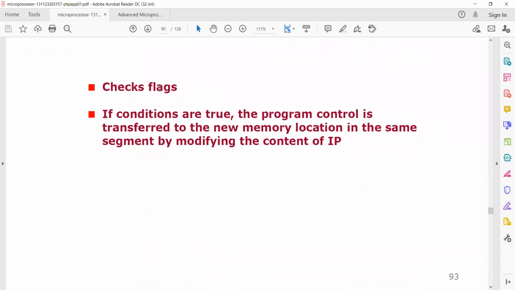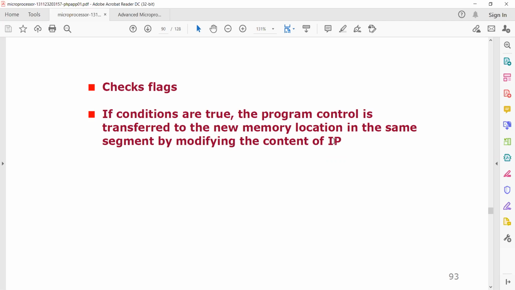So this is a conditional flag. They check the flags because they are using the flags here. If the conditions are true, the program control is transferred to the new memory location in the same segment by modifying the content of the instruction pointer. Always the instruction pointer will contain the address of the next instruction to be executed. In this case, the instruction pointer content will be changed automatically.